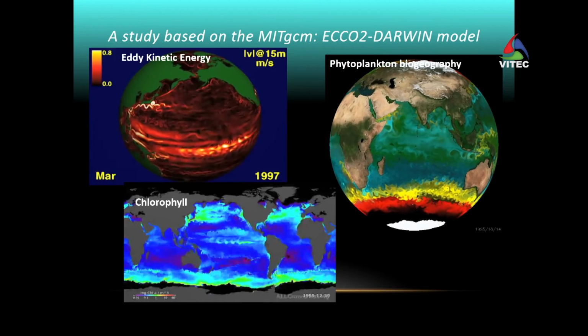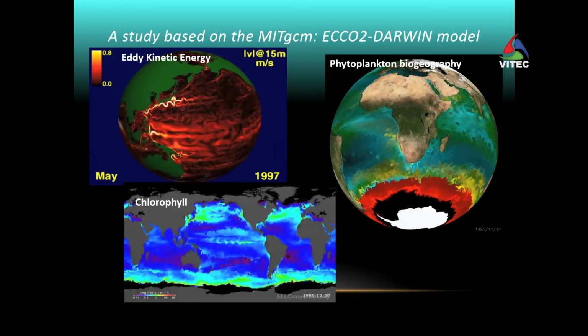So we made use of a model, a very sophisticated one, one of the most sophisticated that actually exists, which is the Eco2 Darwin model. It's a global physical and ecological model that represents the world circulation; it is eddy-resolving, so a very good resolution for all the physical oceanographic processes. It represents also all the biogeochemical layers, including primary production, and it represents